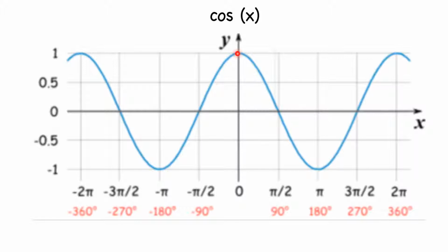Notice that the cosine graph starts at 1, so if you plug in the cosine of 0, your calculator should give you 1. If you plug in the cosine of 90, then your calculator should give you 0. You're on the 0 line over here. If you plug in the cosine of 180 degrees, then your calculator should give you -1, and so on and